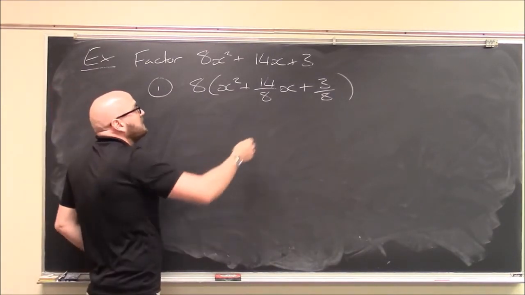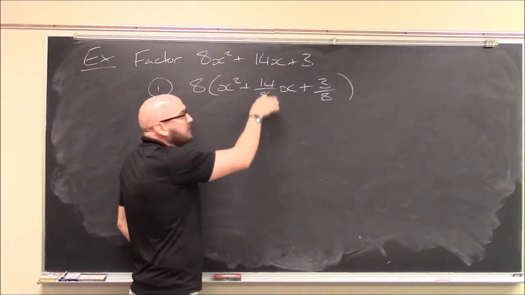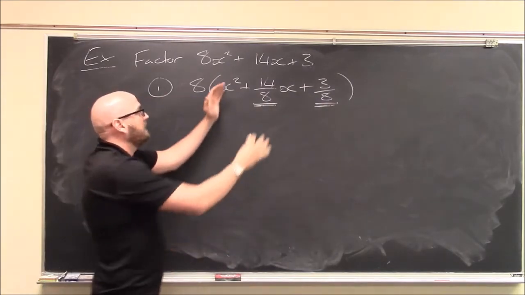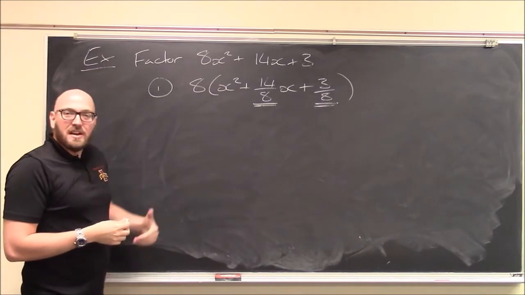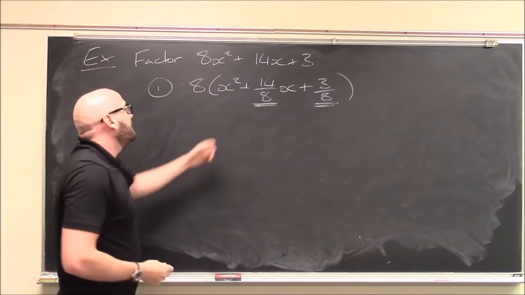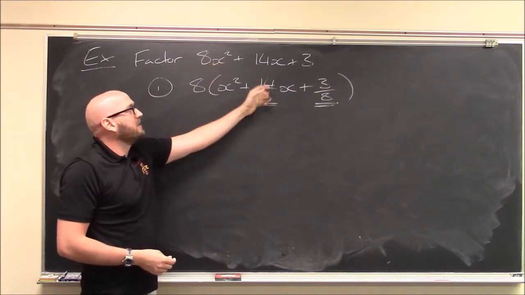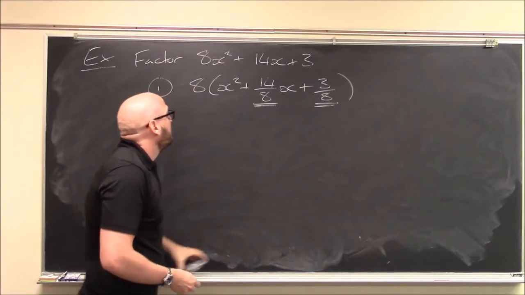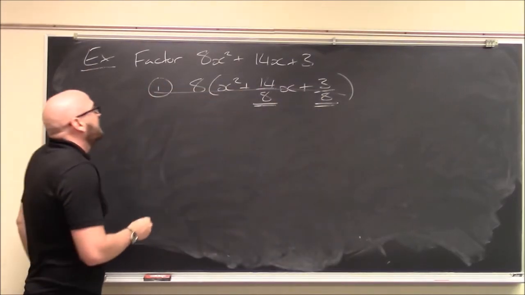And now you could continue factoring as we just were, right? Now you could look for two numbers that add together to give 14 eighths and multiply together to give 3 eighths. And you could factor just this polynomial here. It's doable, but it's kind of ugly in this example. And it's ugly because these are fractions, right? If I could factor out an 8 or whatever this number is and just have nice whole numbers here, sure, do that every time, right? It works really nicely,